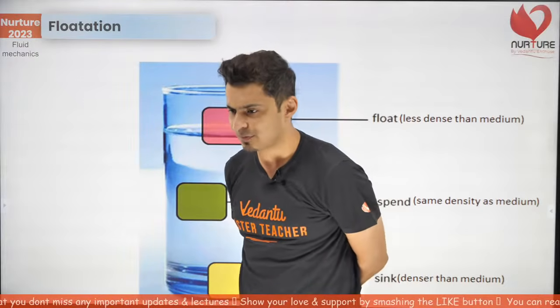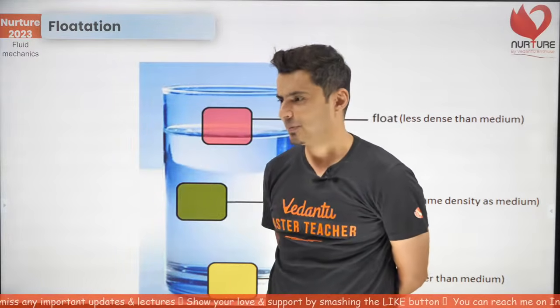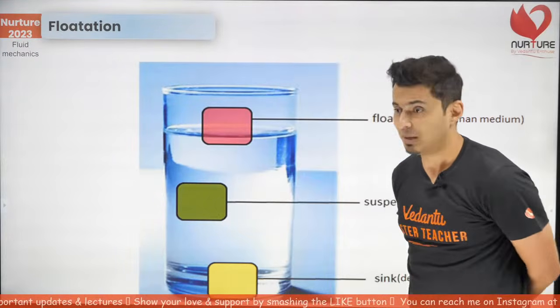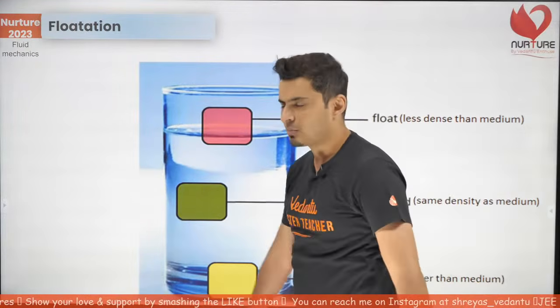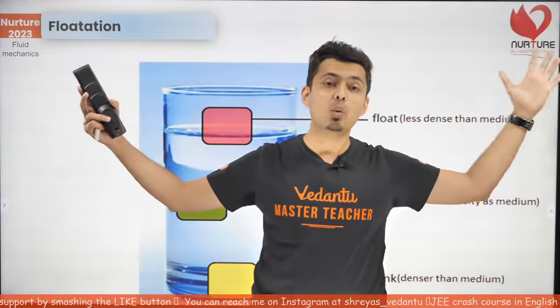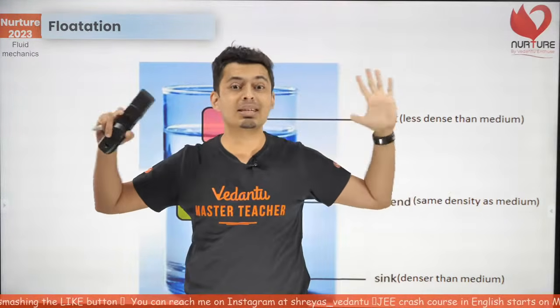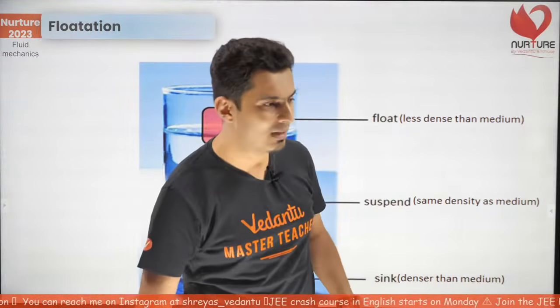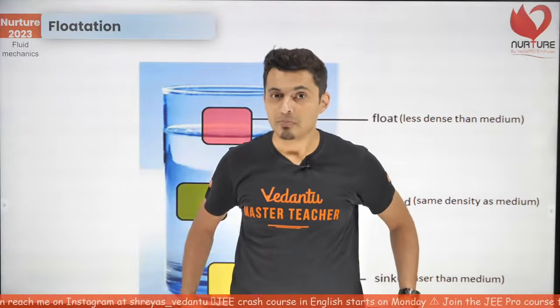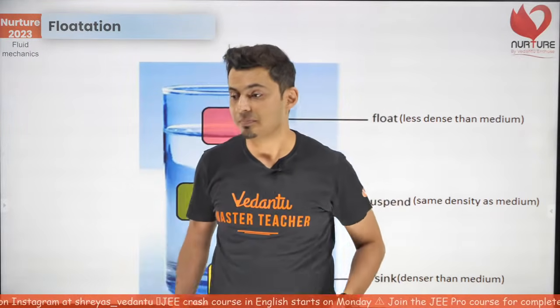What is the ship made of? Is it made of wood? Is it made of plastic? Is it made of metal? What do you guys say? Obviously, the smaller boats are made of wood, but the big ships, the big ones, if you have seen, they are made of steel. They are not made of wood. No, Ramya, that's wrong. They are not made of wood. They are made of steel. They are made of metals, alloys.